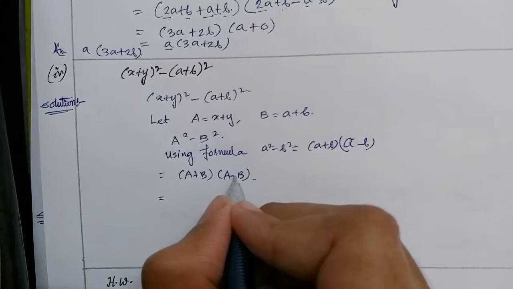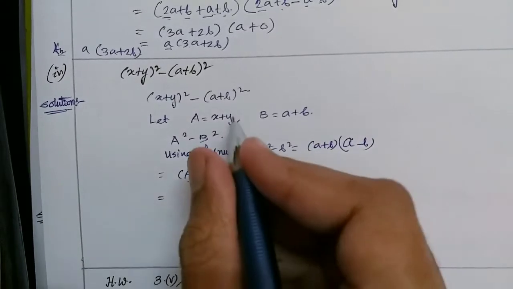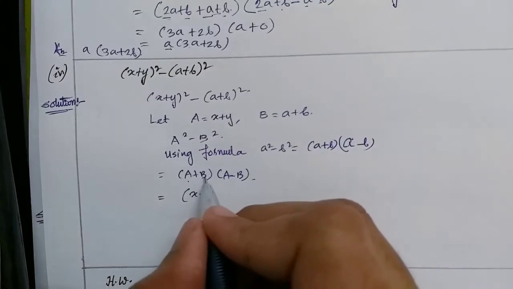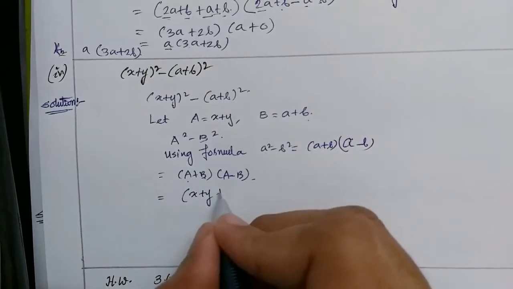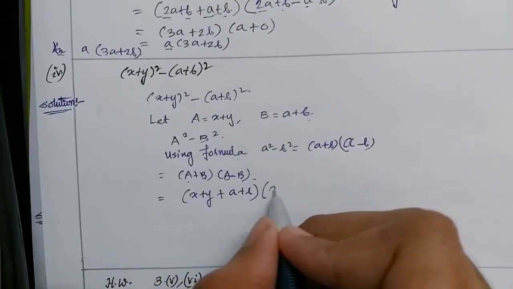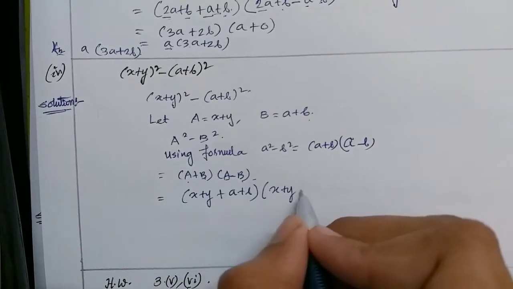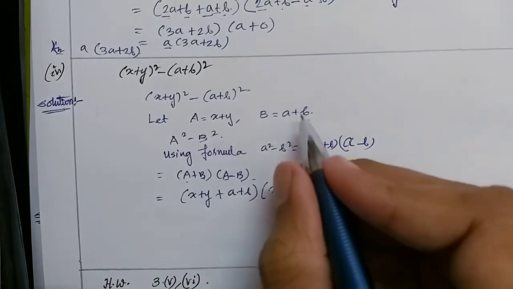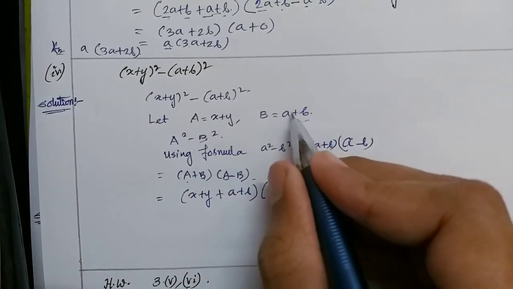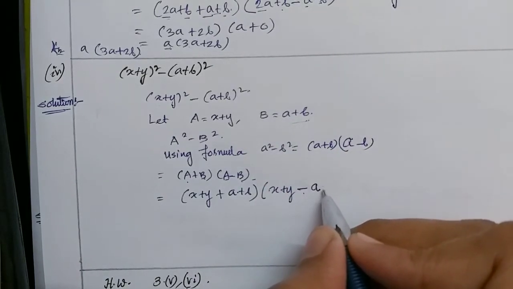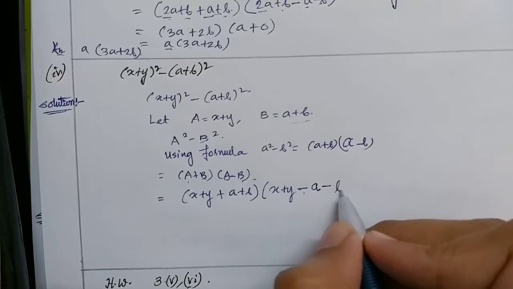Now what is our capital A? It is x + y, so write it down there. And what is our B? B is a + b, so therefore plus (a + b). For this part, again write x + y in place of capital A, minus in place of B we can write a + b. Since there is a minus sign, the plus sign that you can see for b will become minus, right? So this will become x + y, don't write plus here, it will be minus a minus b.